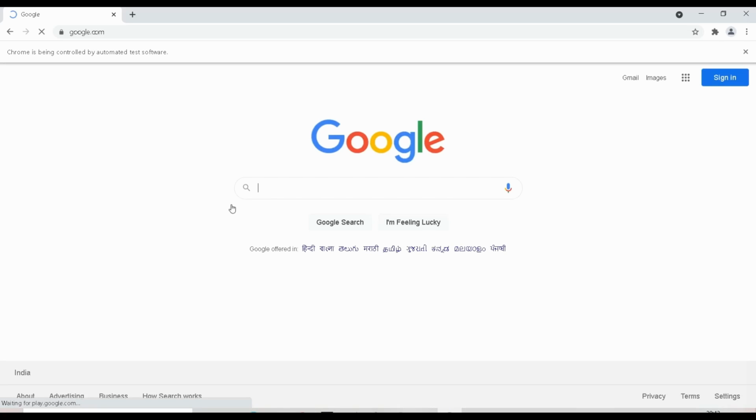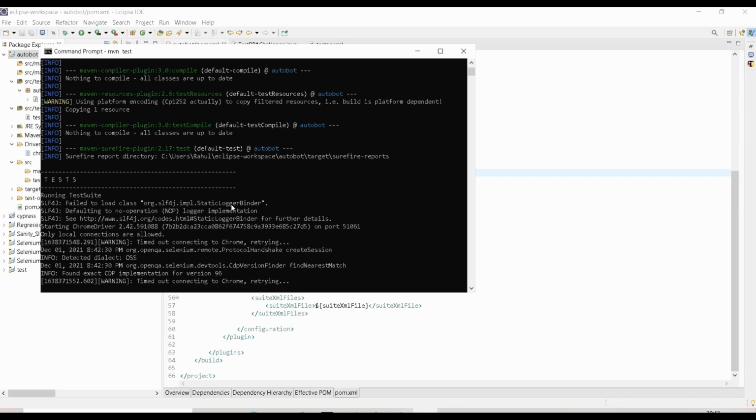Okay, so in the coming videos, I will show you what is testng framework and how you can use different annotations to create a proper pattern of your test cases. And I will show you the testng summary report that will get generated, and we'll discuss about the cross-browser execution and the headless execution.